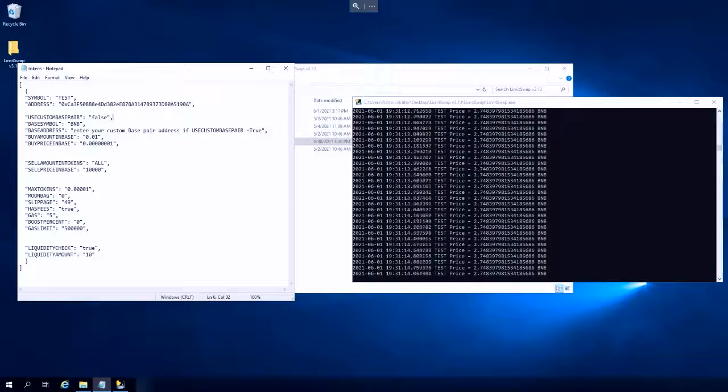Hey guys, today I'm going to show you how to snipe a token with limit swap. As you can see here, we're currently tracking the price of Beefy, and you can see the node connection I have is very quick. It's scanning the price multiple times per second. And you can see the price is 2.7483 BNB